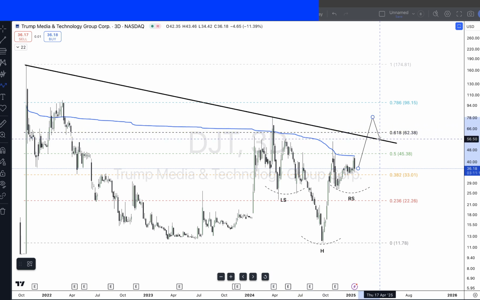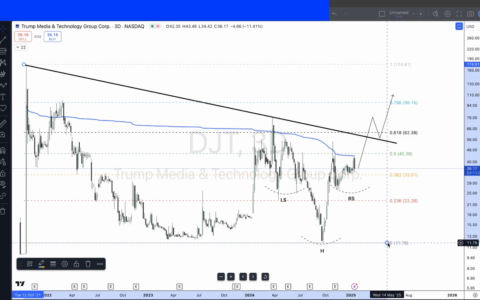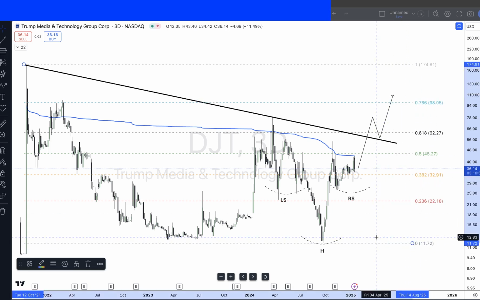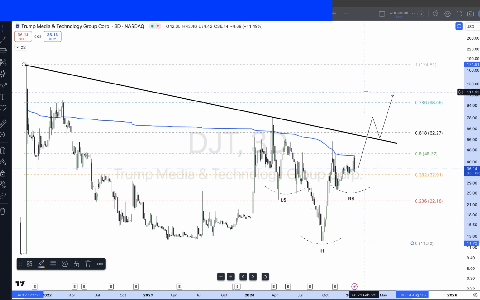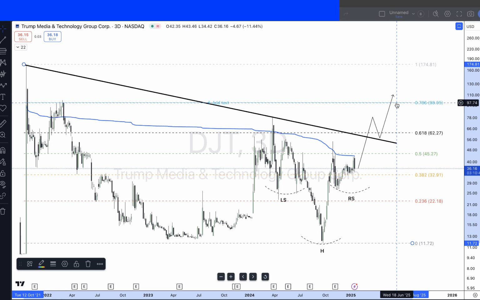It's very common for price action to do these pullbacks or retests. So we could have price come back down here, bounce for a pullback or a retest, and then we're off to this 786 level. And I want to talk about the 786 level for a second, but in essence, I see it something like that. And from a time perspective, that looks to me fair, right around June of 2025, which brings price to this 786 level, call it $98.